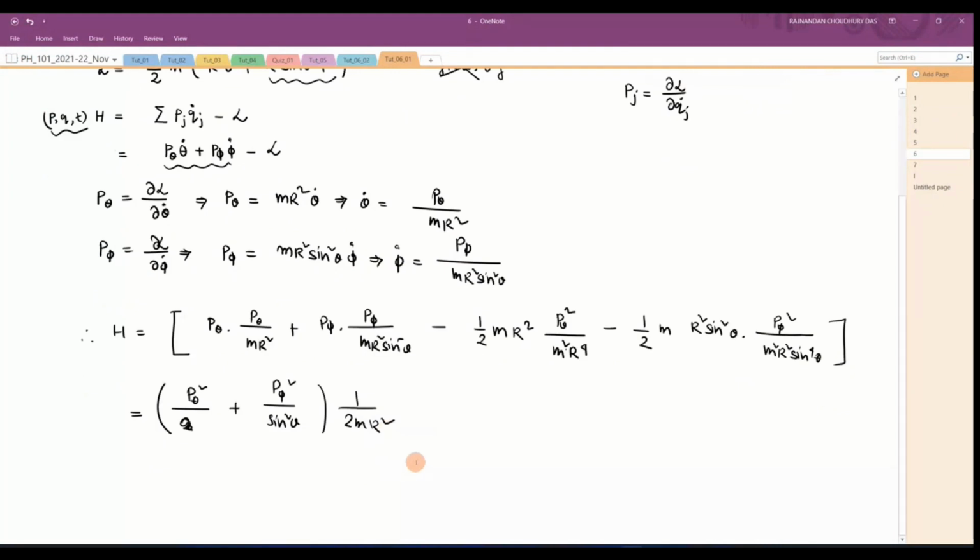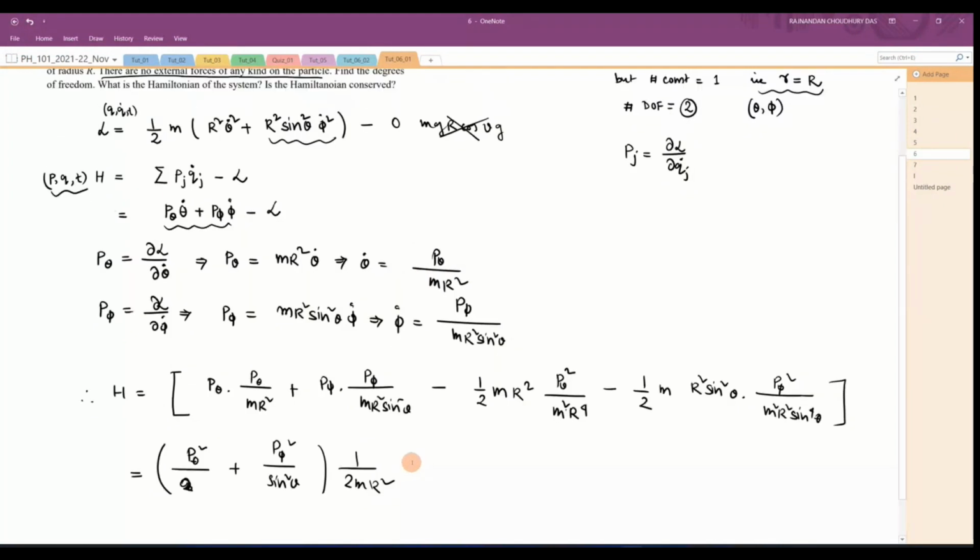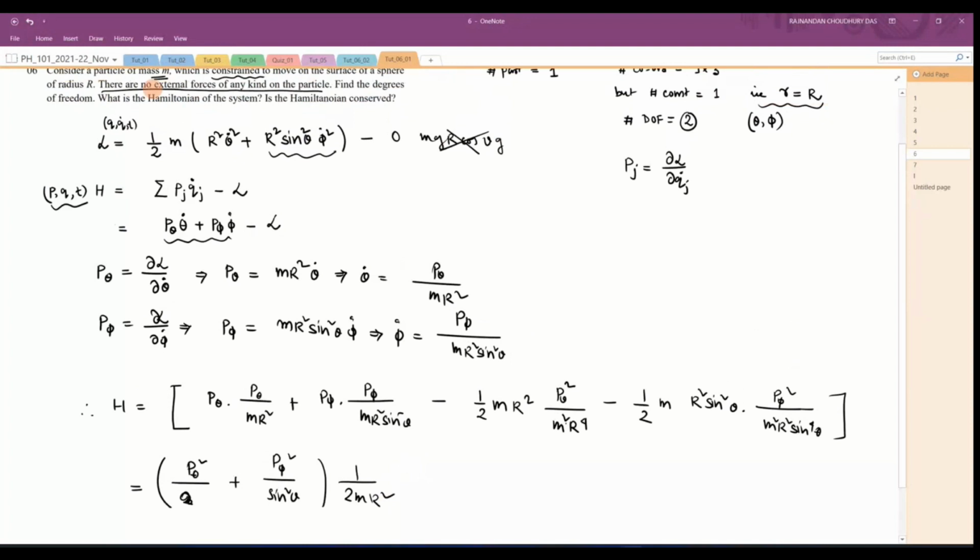Okay, is it clear? The main step was, you have to write your Lagrangian, then you have to write your Hamiltonian formula sum of p q dot minus L. From here you have to replace all the q dots using generalized momentum, and you know your generalized momentum can be written in terms of the Lagrangian like this, and you finally have to substitute here. Now you see your Hamiltonian is not having any q dot. That means you have done it correctly.